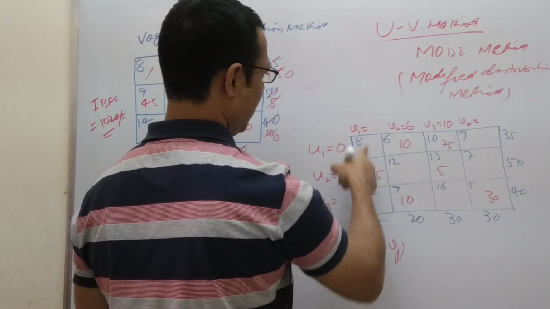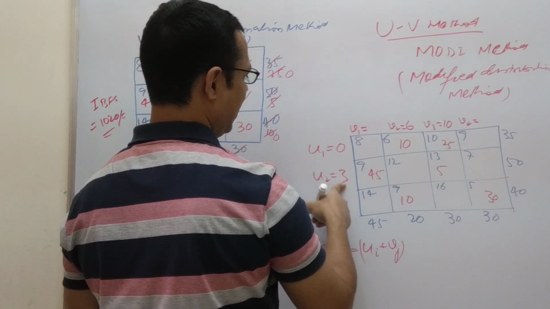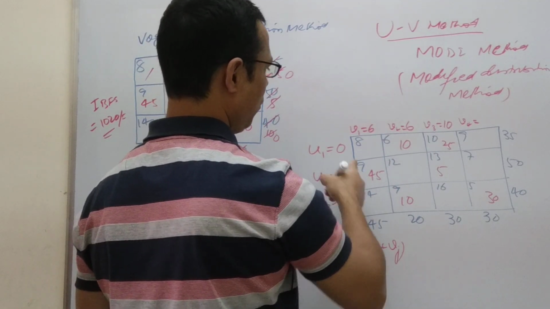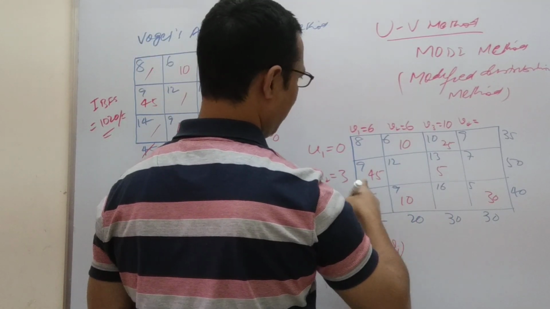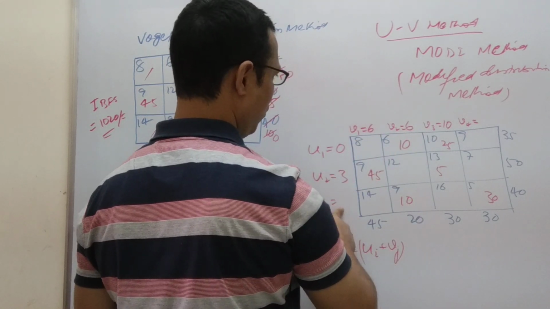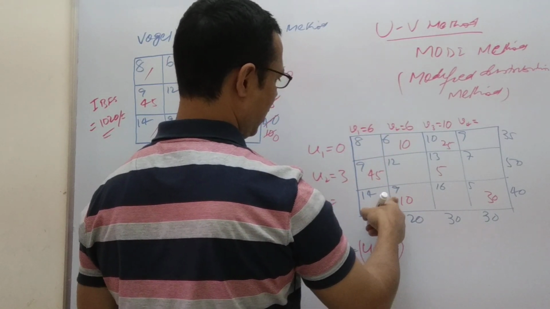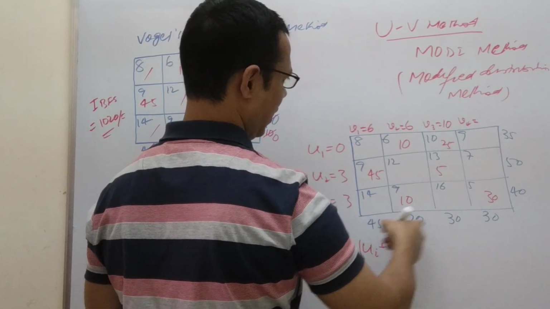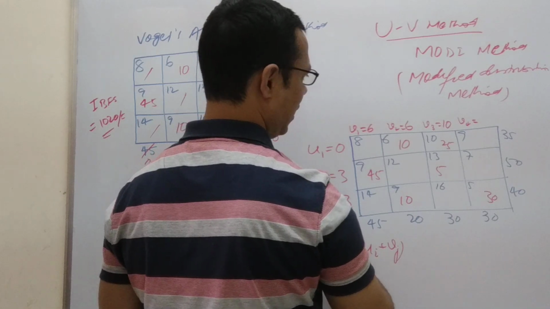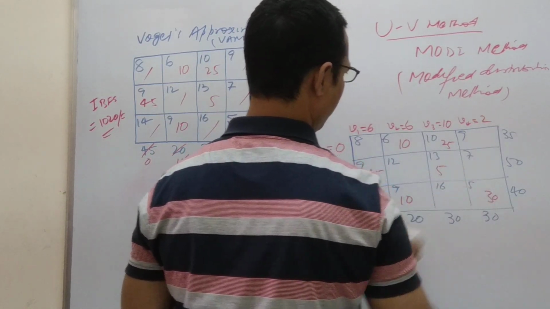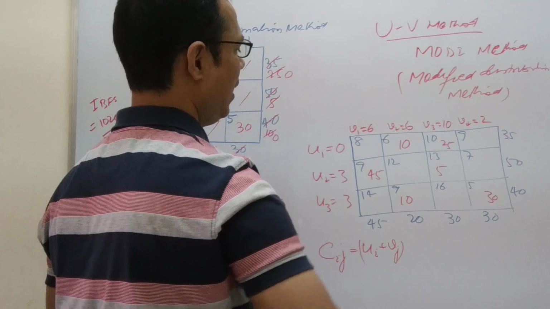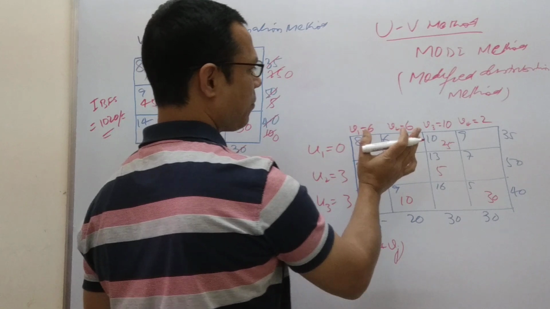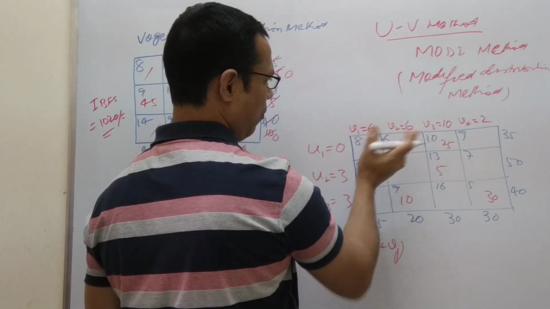Now we can move to this one, because this one is a 9. Here is a 3, so 6 plus 3, 9. Very simple, we can find the values very fast. And here we already have got this value, so we can get u3 with the help of this allocated cell. This value is 9: 6 plus 3 gives 9. This one is left. Here this one is already 3 and this one is a 5, so 3 plus 2, 5. So you can find the u and v values by applying this method. The u and v can be obtained only from the allocated cells.